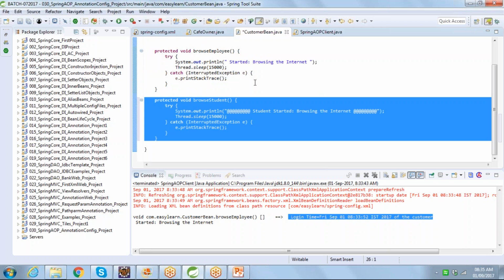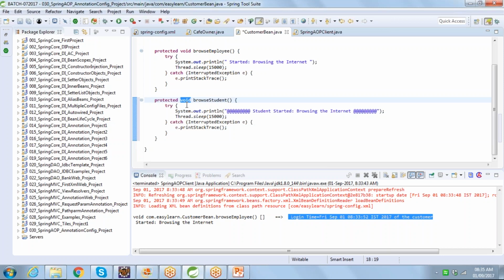If a student is browsing, and for the student I am giving different benefits or doing some other logic in this method, forget about the business logic of this method. Let us assume there is one more method called browse student, and because I want to capture his login details there too,